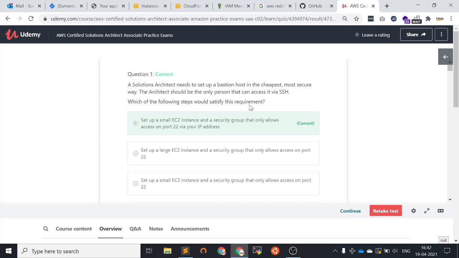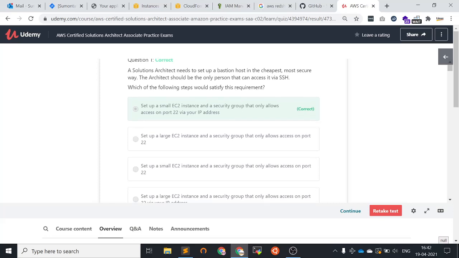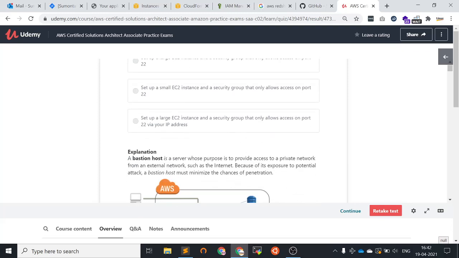So in this case, we can use a small EC2 instance, and we can allow only my IP address, or one specific IP address, on port 22, that is the SSH port. So the first option is the only relevant option at the cheapest cost, right?